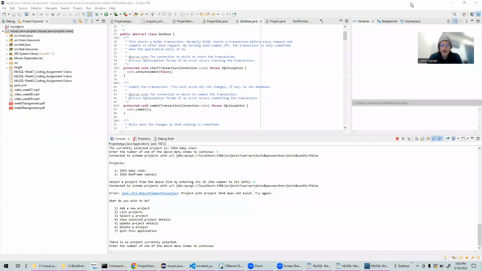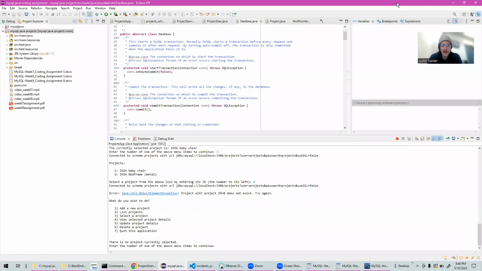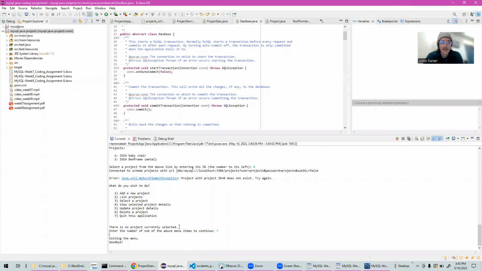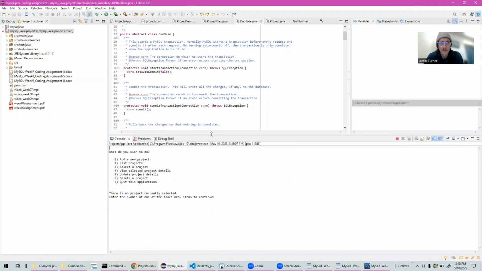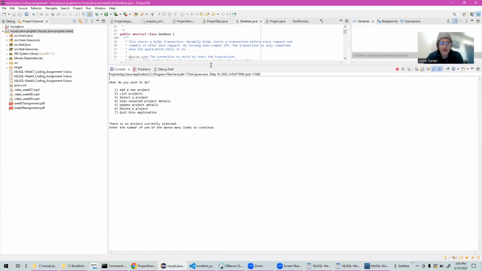Okay, this week we were tasked with adding the ability in our menu-driven application to list all the projects available and to have a selected project. So I'm going to run this from the beginning here. Run. Okay, let's bring up this here